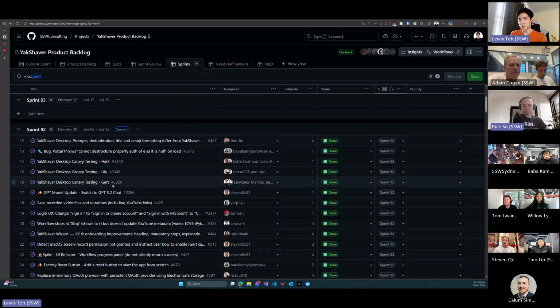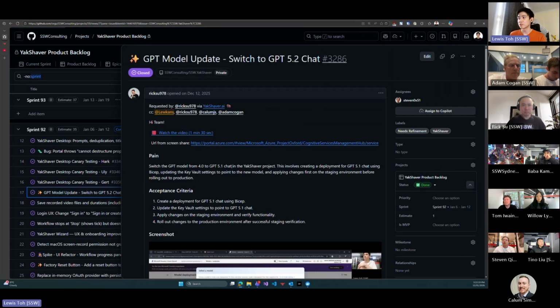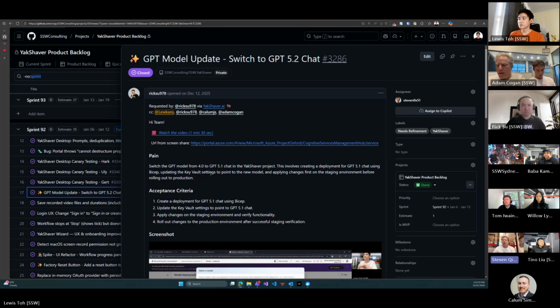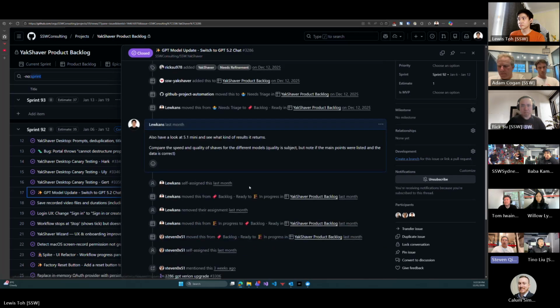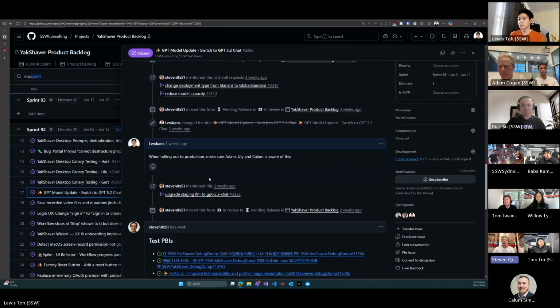The last thing I want to mention is the GPT 5.2 chat update for YakShaver 1.0, so the Teams version. Stephen, do you want to give a bit of context as to what has been changed? Yeah, so for the old YakShaver Teams version, we were using GPT 4.0. But now we had an upgrade to the GPT 5.2 chat model. I had some people test it, Yuli, Luis, and Rick, and